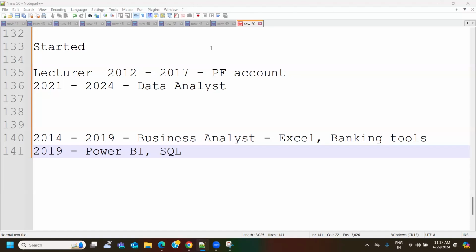Any other questions? Hi, Ritesh. Divya, go ahead. Yeah, Ritesh, the day before yesterday, one interviewer asked me as part of a question, how many years of experience do you have in SQL? I said I don't have any years of experience, but I worked on it as part of my project. Isn't it necessary to have a particular number of years of experience on SQL or Excel to mention?